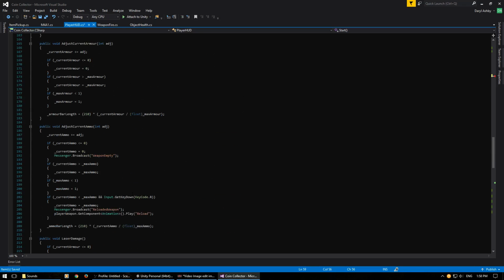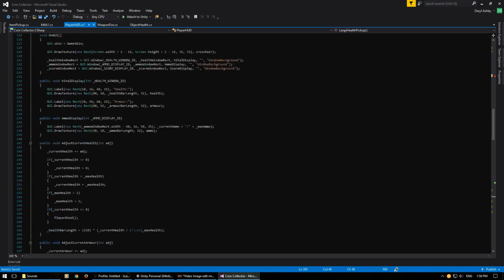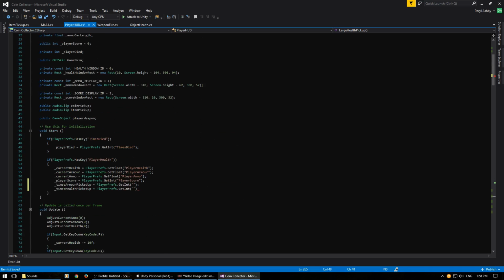And I believe I could just copy this for the health, and this is for armor. Times armor picked up. If I save this off now,